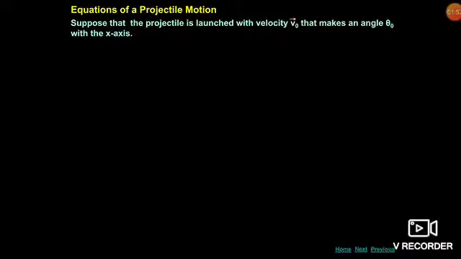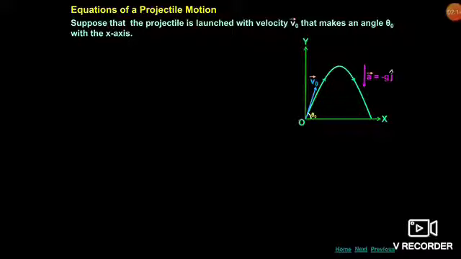Now we talk about the equation of projectile motion. Now there is one xy plane, and this is a kind of projectile motion. It is like this: you have kicked a football and the football has gone to a certain height and then it is returning back to the ground. Now suppose the velocity along x and y axis is v0. It is making an angle theta not with the x-axis, and there is one acceleration we have shown. It is minus g j, that is, the body is accelerating under the influence of acceleration due to gravity.